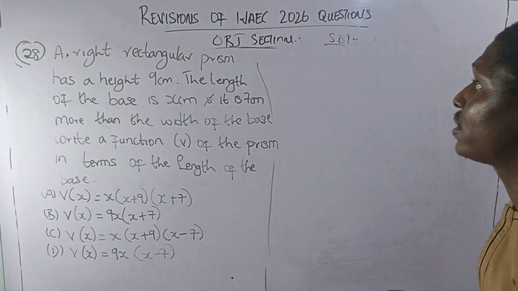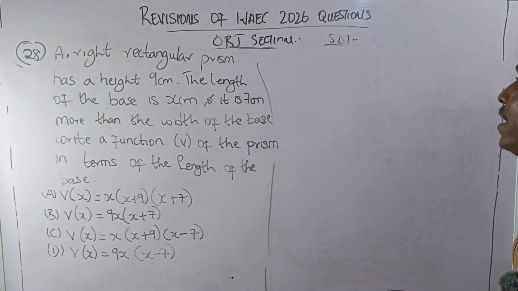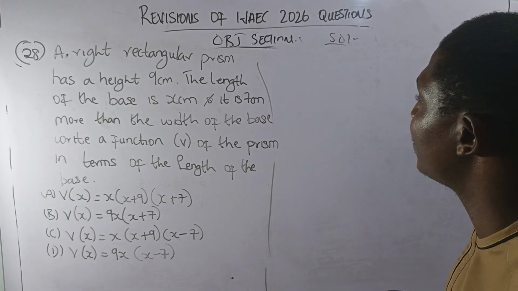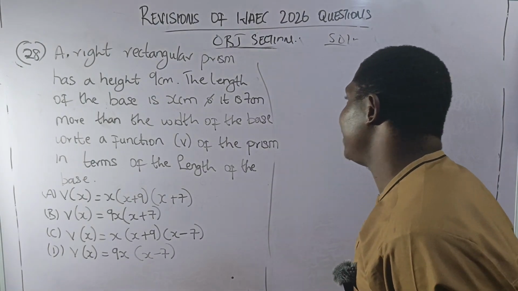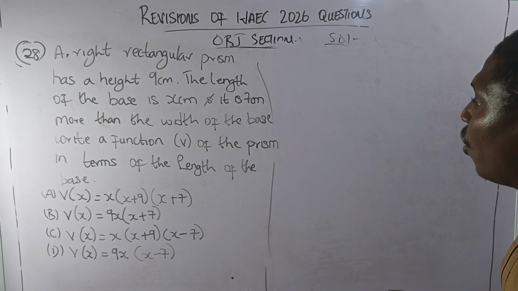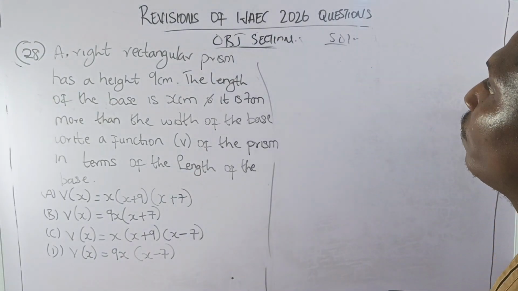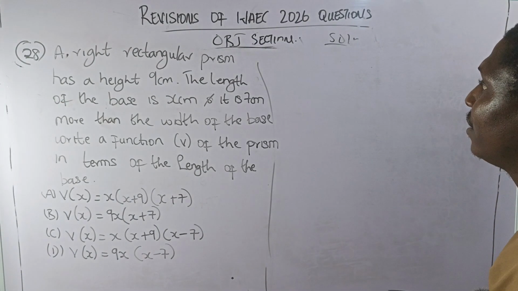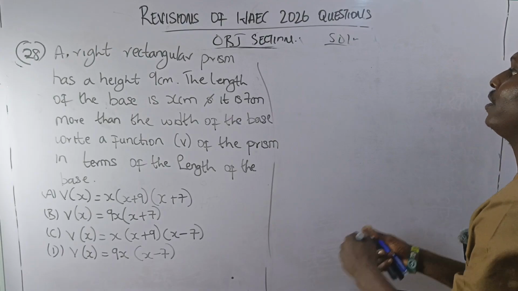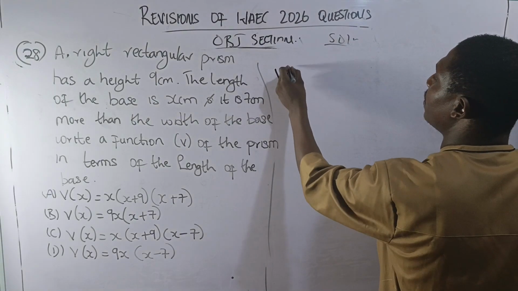Question 28 says a right rectangular prism has a height of 9 cm. The length of the base is 8 cm and it is 7 cm more than the width of the base. Write a function V of the prism in terms of the length of the base. Now we're talking about a right rectangular prism. Now the volume should be